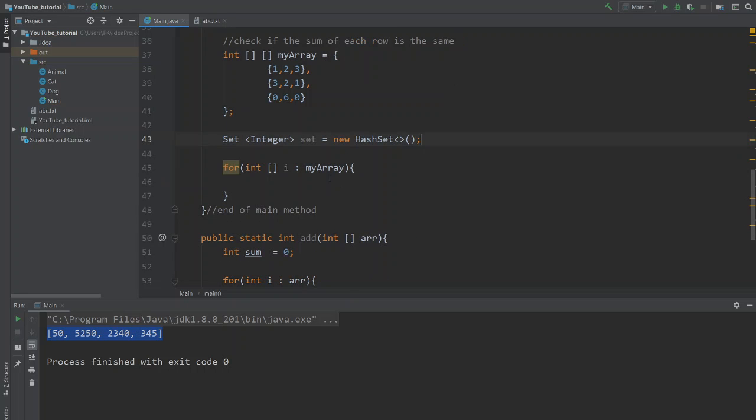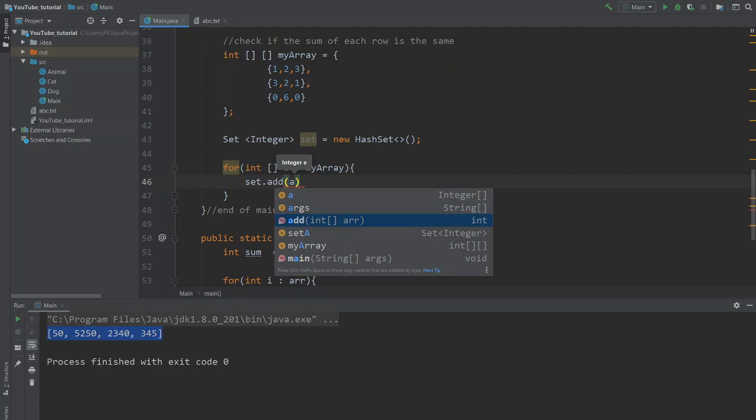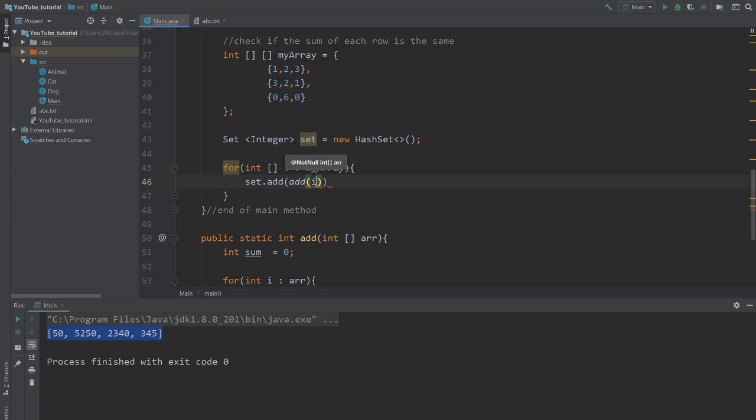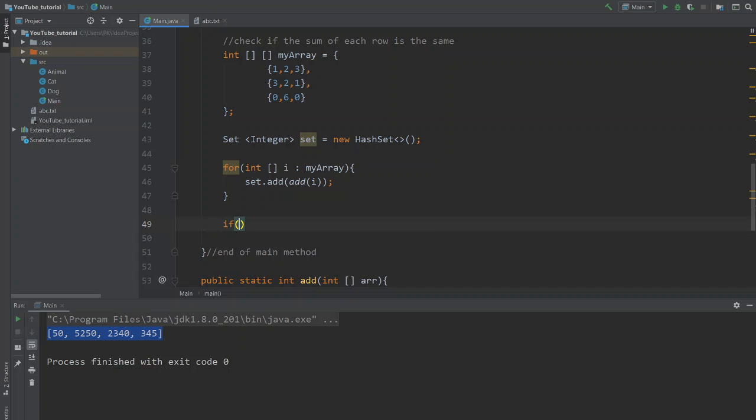And here's what we're gonna do. We're gonna run an enhanced for loop, and we're gonna add each row's sum to the set. So we'll do set.add, and then we'll call our add method and add i. We know the set can't store duplicate values, so if set dot size, the size of the set, is greater than 1,